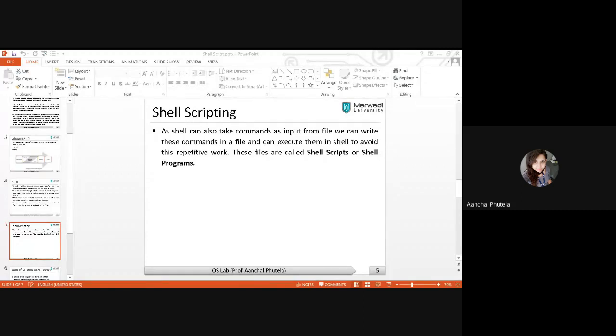It is a manual thing, and it makes my work difficult. To avoid that repetition, I write a script for the same task, so that if I import that file, the marks entry will be done automatically. So basically, in that case, we just write a script.